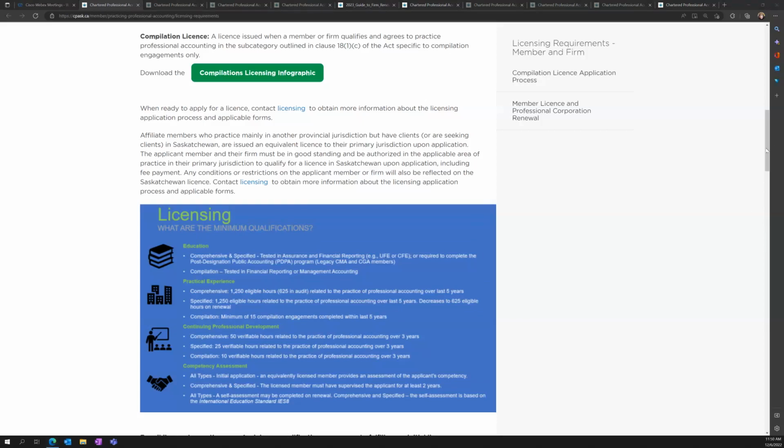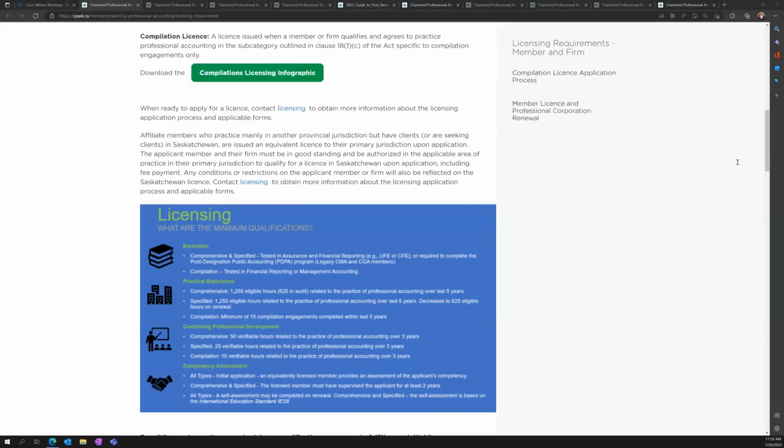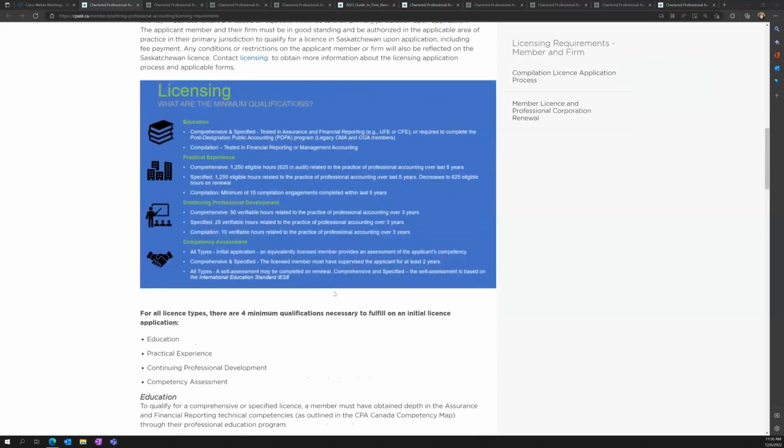So as Leah has up there, that blue box is a summary of all of the minimum license qualifications. I know it's probably a little hard to read, but there are 3 different types of licenses, and each allows that licensed member to do different things. A comprehensive license covers all of the areas of the practice of professional accounting. A specified license allows review engagements and other assurance and compilations. And then we have a compilation license, which is new for this year, and that allows the member to authorize